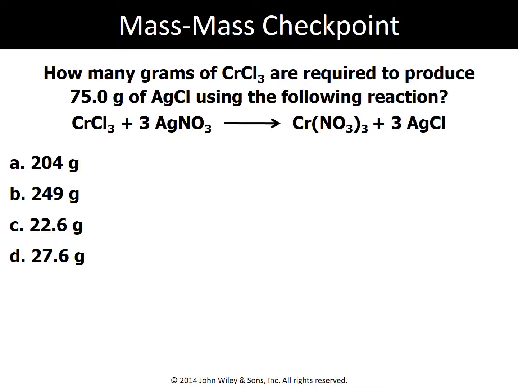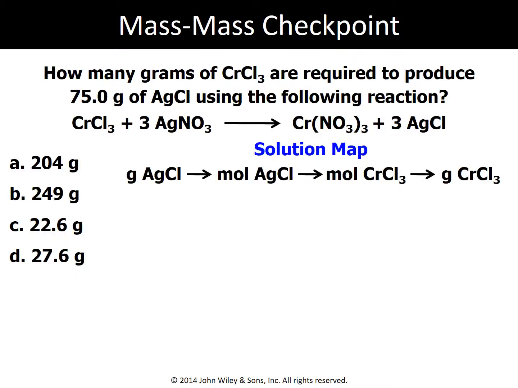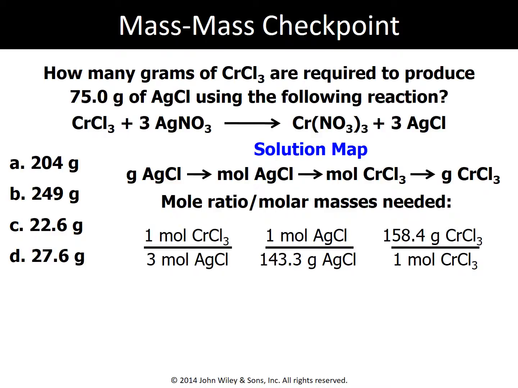Okay, how many grams of CrCl3 are required to produce 75 grams of AgCl using the following reaction? Again, this equation is balanced, so we have a little bit of our work done for us. Here's our solution map. We need to go from grams to moles to moles to grams. Here are our ratios, again using our coefficients from our balanced equation and the molar masses of both AgCl and